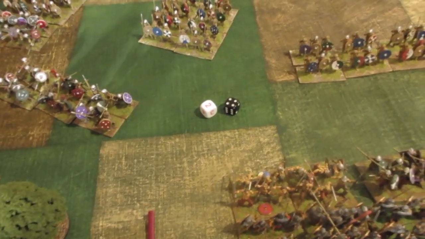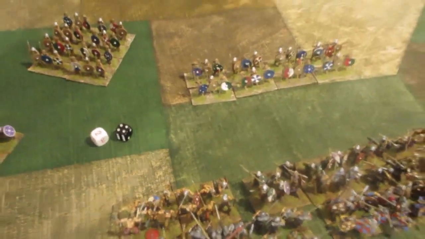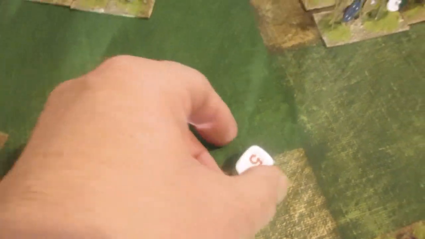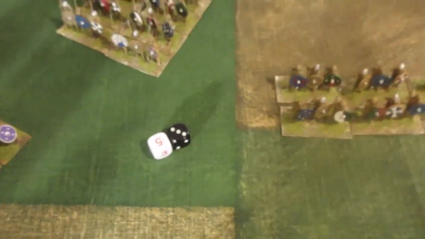+2. And then what have we got there? I'm just going to find him. 5 at 4, +2. Right, and then we'll go for the other berserker unit here. 1 dice roll. Oh, down 2. Oops, I think it's a full minus, isn't it? I can't remember. It's either -1 or full minus, so let's go